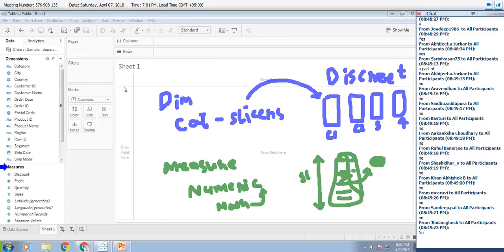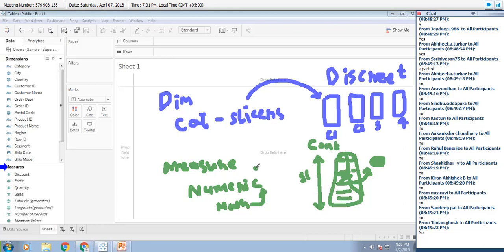Whereas elements which cannot be represented like this, where you cannot distinguish between element 1 and element 2. For example, if a river is flowing through various states, you cannot tell this river belongs to this state and this river belongs to that state. You cannot differentiate the waters of one state from the other. Or you cannot tell this is the upper part of the milk and this is the lower part. You cannot take the milk from the bottom and put it on top and say you have sorted the milk. So certain elements will be represented as a range, and those elements will be called continuous.